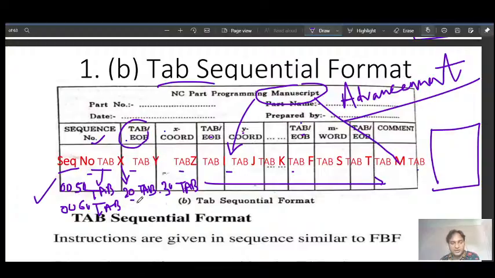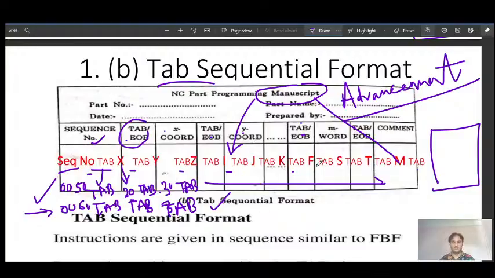So you don't need to write 20 again. Here you simply enter tab. It means 20 has already been considered in this command line, and then for the same y coordinate value you have to write only tab. So repetition of the previous value can be avoided, and it saves a lot of time.